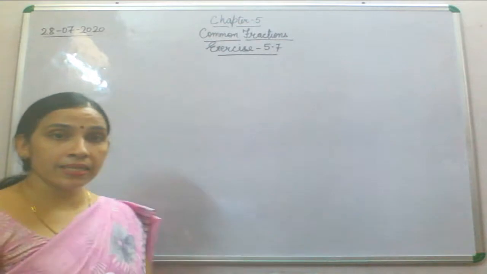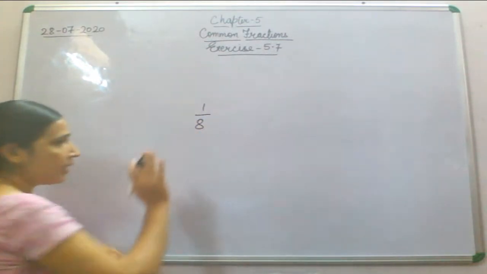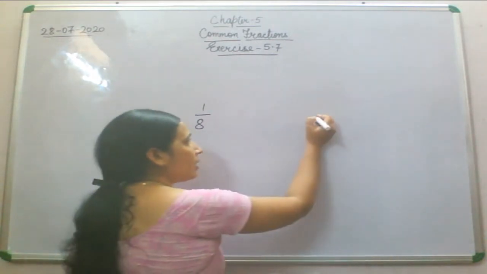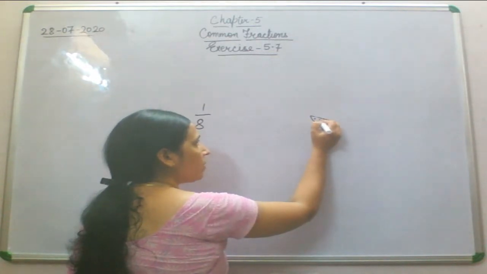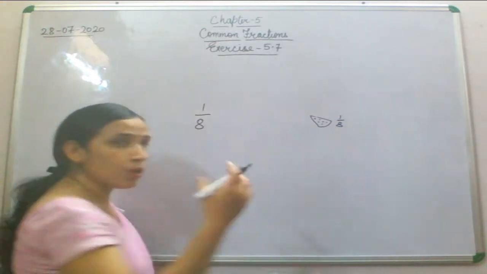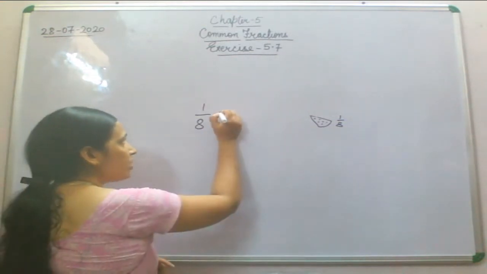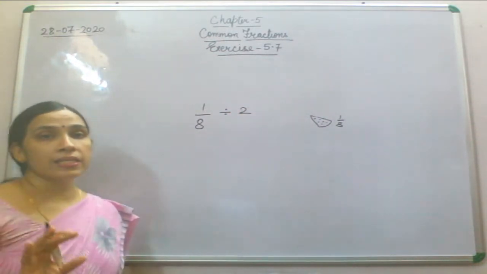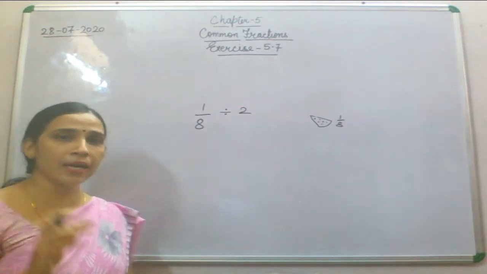Let's understand this. You have said that I won't be able to eat one full piece of that pizza. That pizza was divided into 8 parts, and that one part will become 1/8. So now you have said that I won't be able to eat this 1/8 part, so this 1/8 part will be divided into 2 parts. Now it is asked how much portion or how much fraction of pizza was eaten by you.